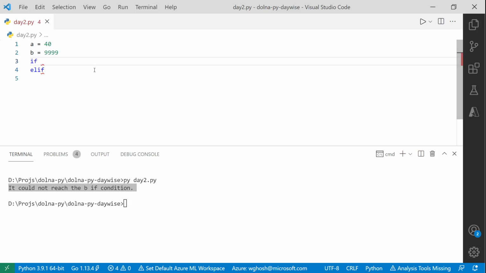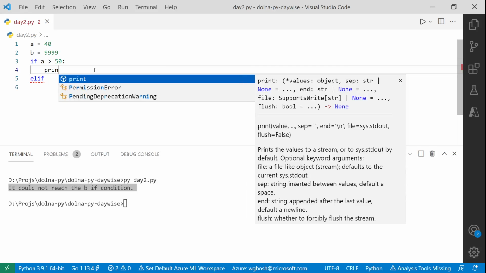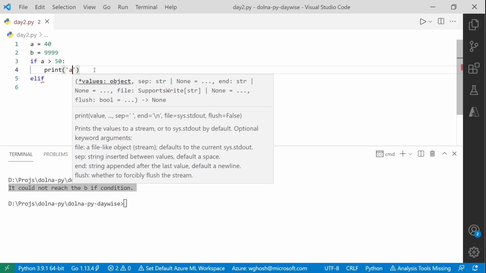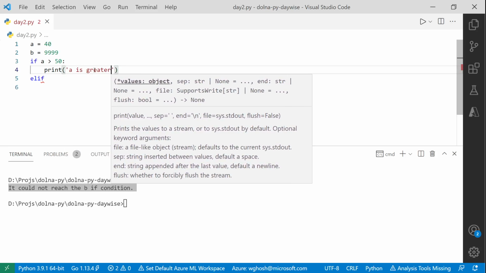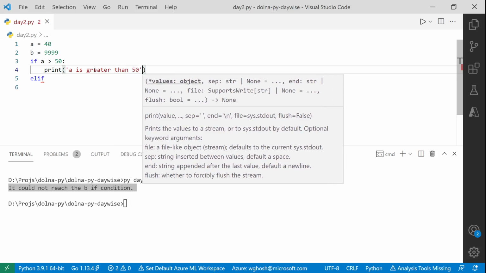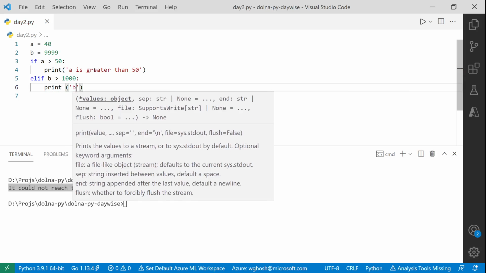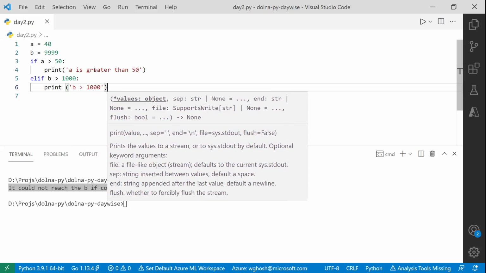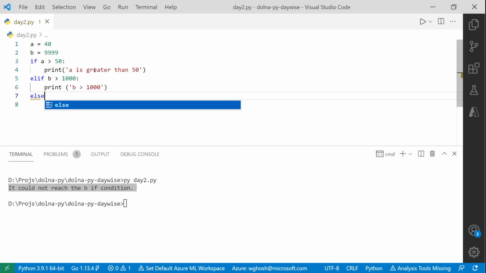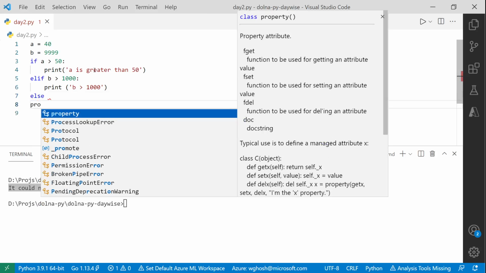So let me just do another way of doing it. If A is greater than 50, okay, then print A is greater than 50. Okay, and then if you put another if condition, if B is greater than 1000, then print B is greater than 1000. So just print the statement. Okay, and then else is print